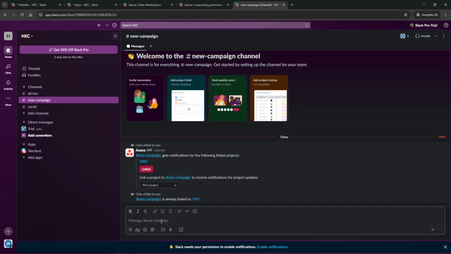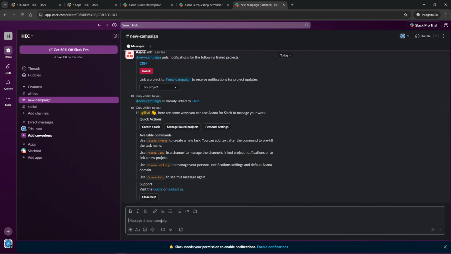Asana, on the other hand, should be your go-to for task management. Assign tasks to specific team members, establish priorities, and meticulously track the progress of projects. This clarity enhances accountability, ensures deadlines are met, and everything proceeds according to plan. By dividing these roles effectively between the two platforms, you create a harmonious workflow where communication and task management complement